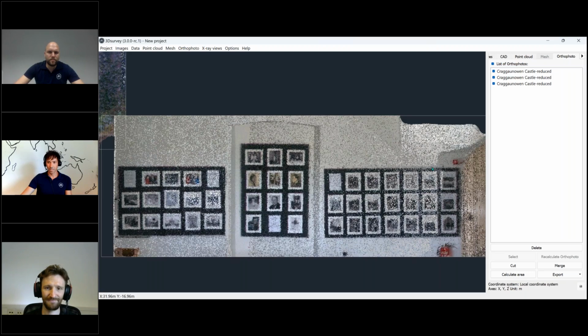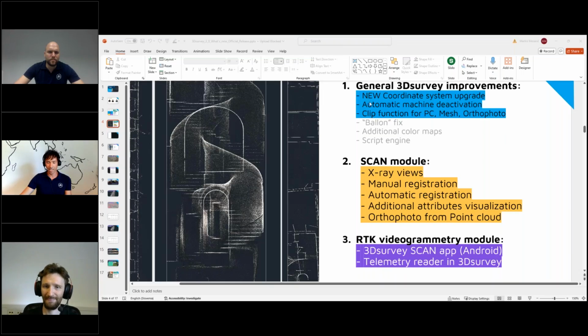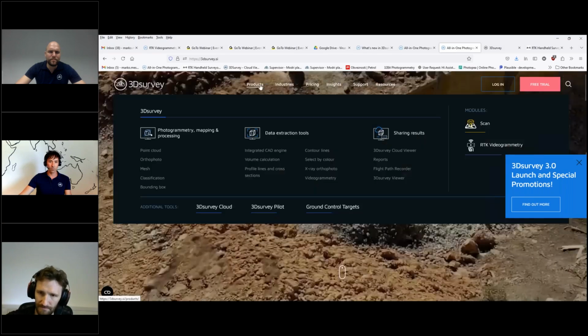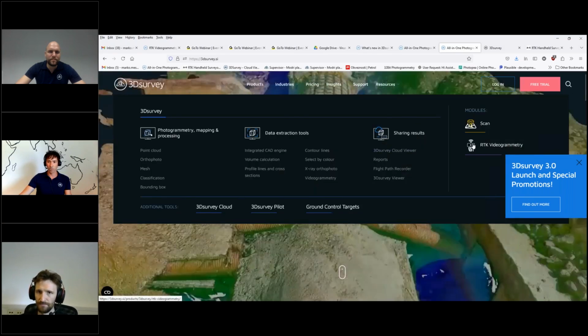Okay, perfect, Mattia. Let's go back to my screen and do a quick recap. So we saw most of the general 3D survey improvements. Currently, we finished with the complex scan module. And now I would like to show you the RTK videogrammetry module. This is our second module, which is attached to the main license, the 3D survey license. And if I go back to the web page, you find the description of this module here under the product